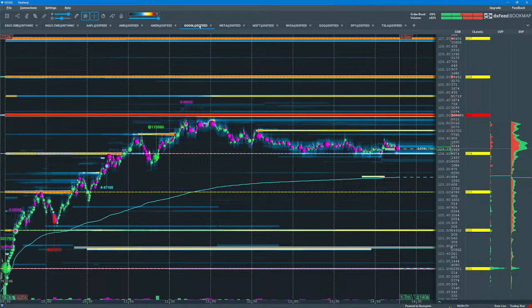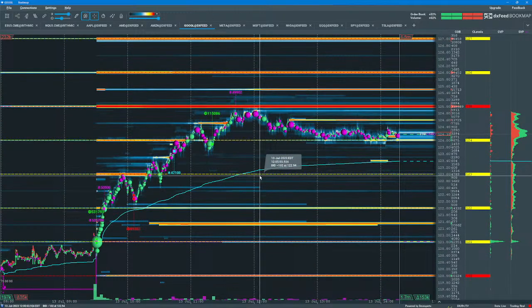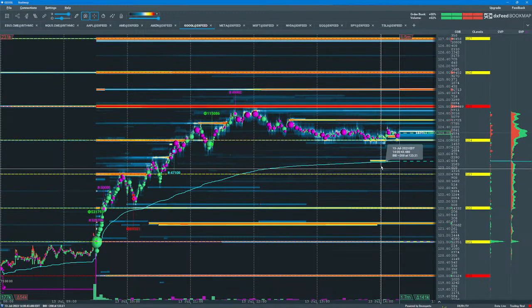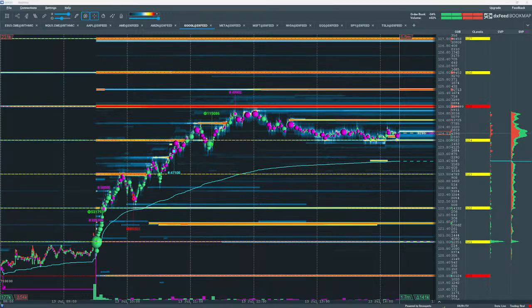All right, so Uncle, if you had sorted your Hero list this morning, and I don't know what that Hero signal looked like for Google early in the morning, I suspect it was on the high end of the range. That would have been a good clue to look for a long in Google here. So there's the setup in Bookmap, very bullish. Aggressive buyers coming in at the open and continue to move Google higher as traders were buying calls.